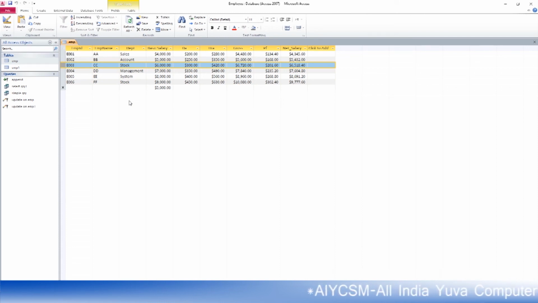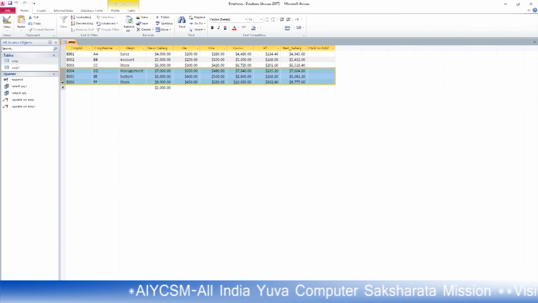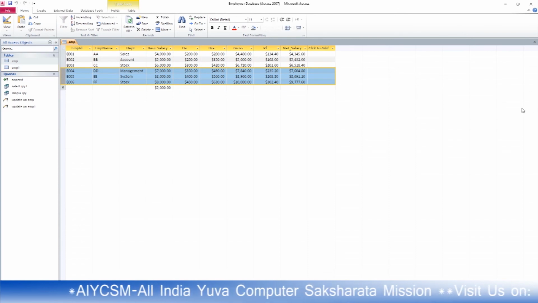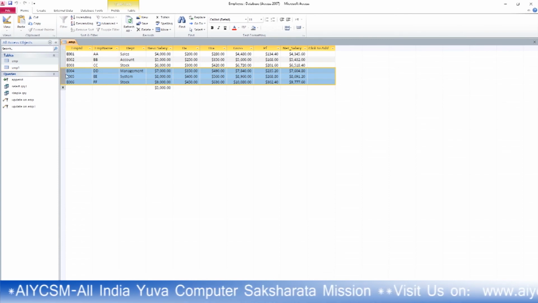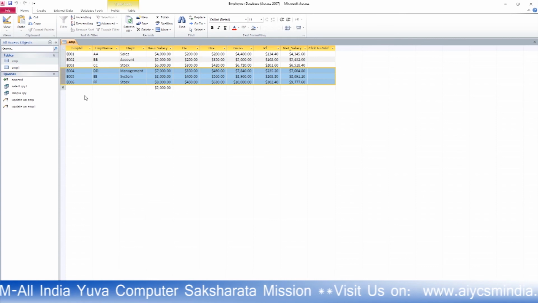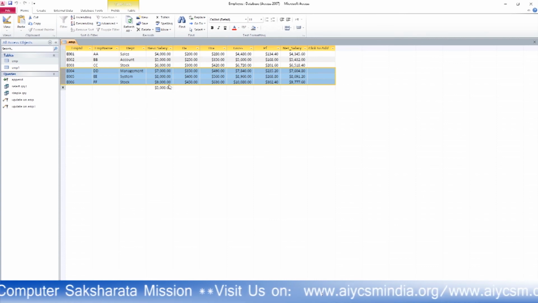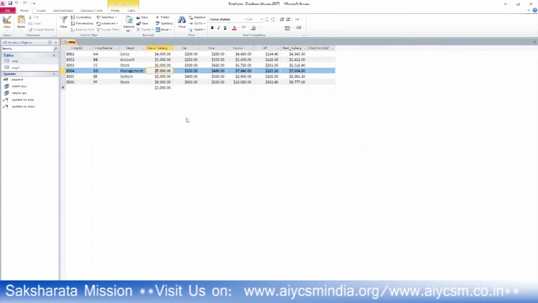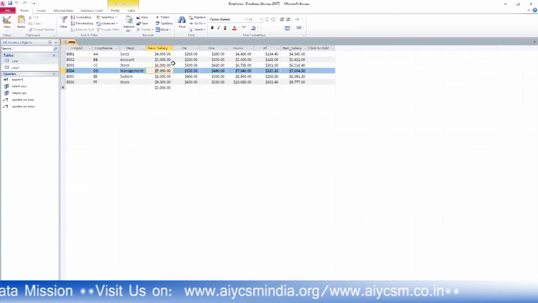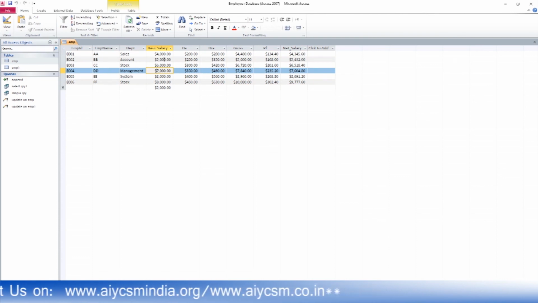Okay, now you can see these are the values of the EMP1 table. If I want to delete items from the table, and I have to make it just like earlier, there is one field known as basic salary. If I want to delete all the employees who have more than 6,000 basic salary, what will be the query?